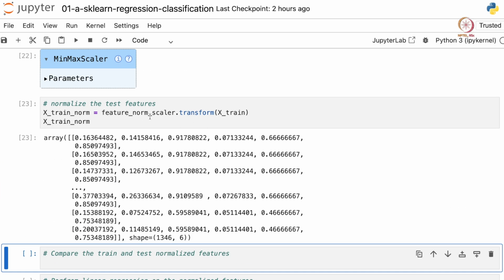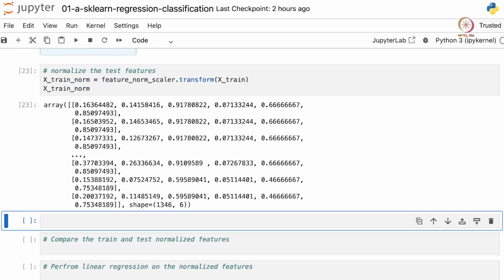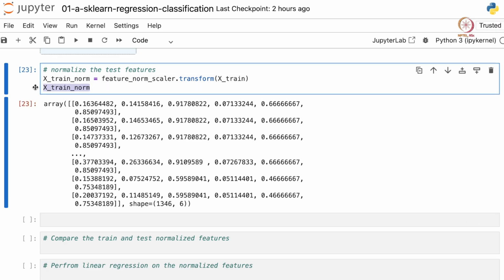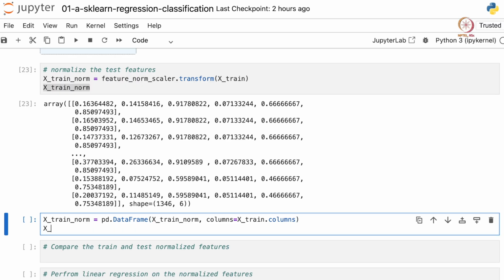We see this feature norm scaler actually gives out a numpy array. A prettier way to look at it would be to convert this numpy array into a pandas data frame. So let us do that. Let us pass this into pd.DataFrame, and let's name the columns as they were. So let's say columns equal to X train.columns. So the column names will be the same as the ones that we have used, and the order won't be changed when we pass it through feature norm scaler. So once we do this, let's reassign it to X train normalized, and then print X train normalized.